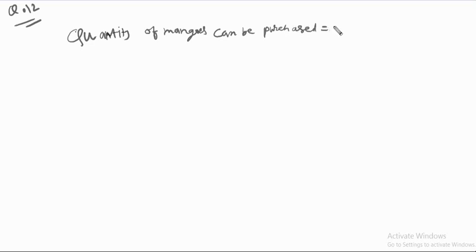So now, the quantity of mangoes that can be purchased is equal to, here you can write, quantity of mangoes can be purchased is equal to